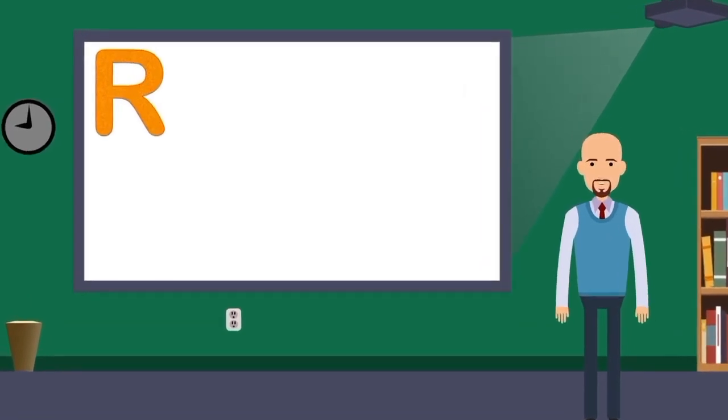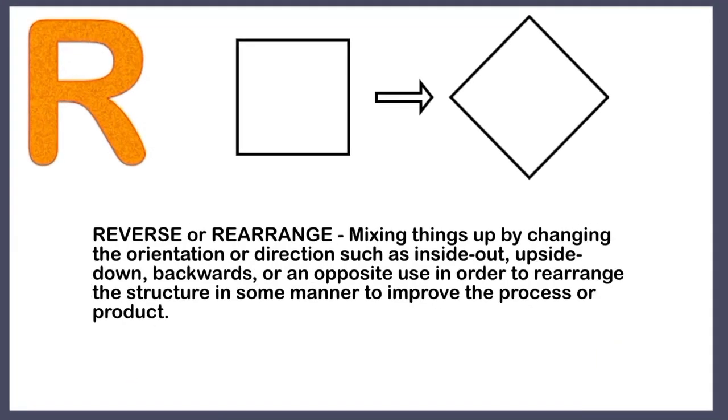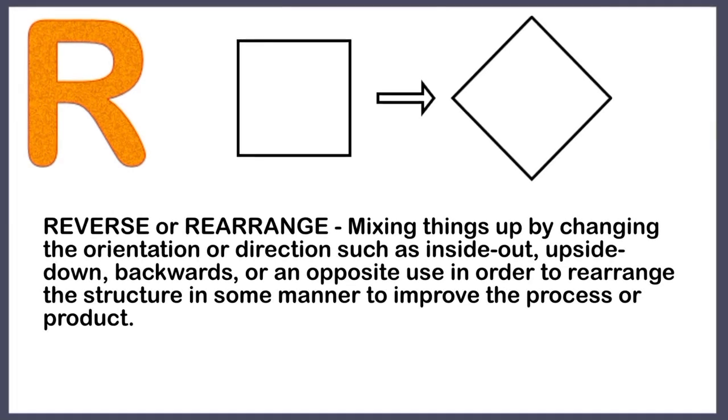R. Reverse or rearrange. Mixing things up by changing the orientation or direction, such as inside out, upside down, backwards, or an opposite use in order to rearrange the structure in some manner to improve the process or product. Questions may include: